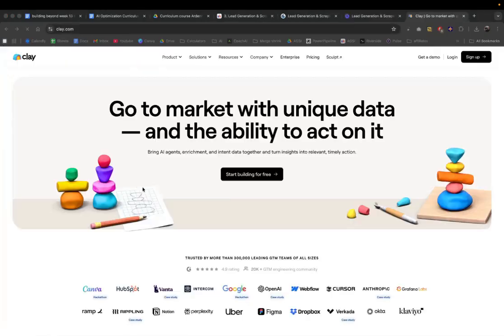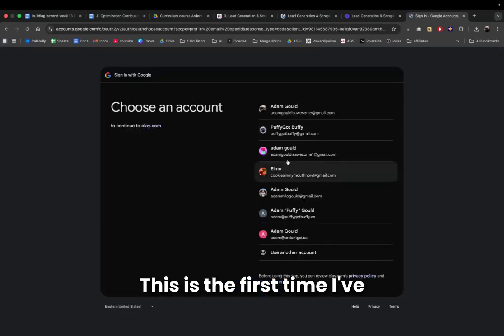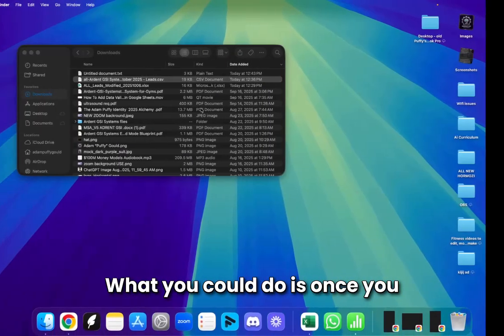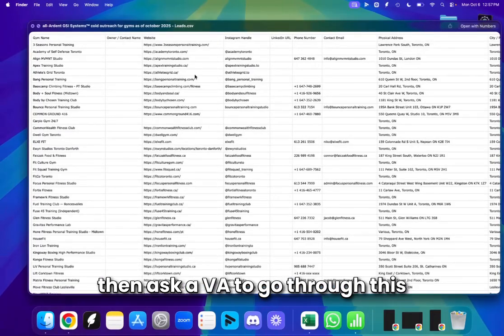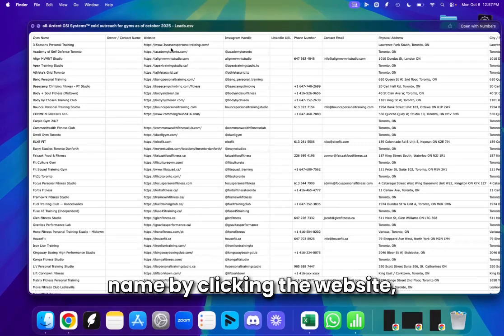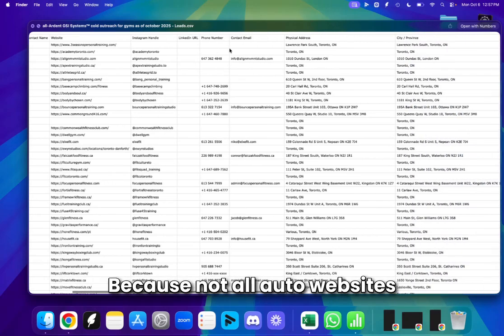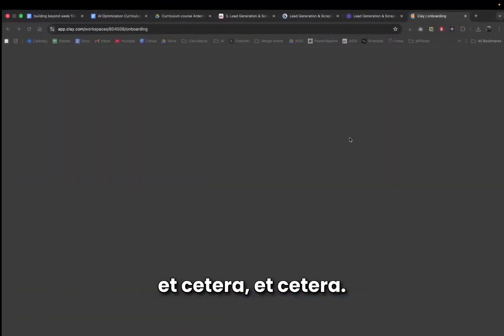Now we're going to do a live walkthrough. In full transparency, this is the first time I've ever used this, so I don't know how effective it is. Once you have the first couple of steps with the CSV, you could ask a VA to go through this. If this doesn't work, you could get a VA really easily to go on LinkedIn, find the owner and the contact name by clicking the website and the Instagram, and put the LinkedIn URL, etc. Not a lot of websites put their LinkedIn, but then you could also pretty easily find their email, etc. So let me try